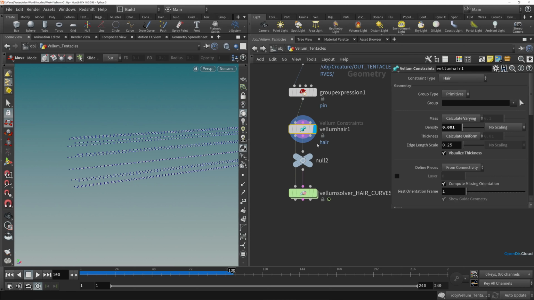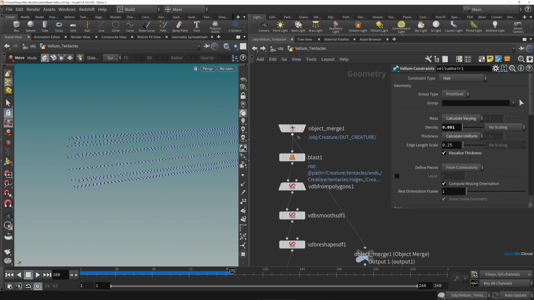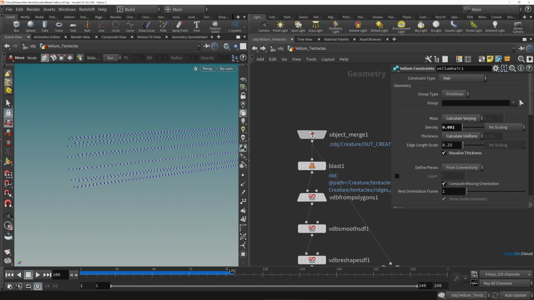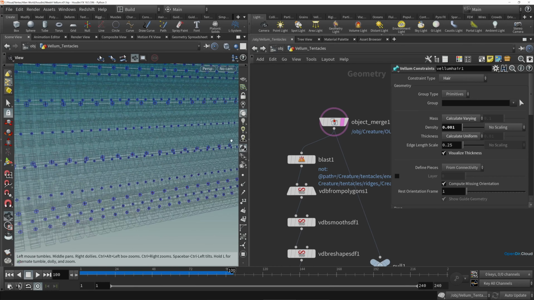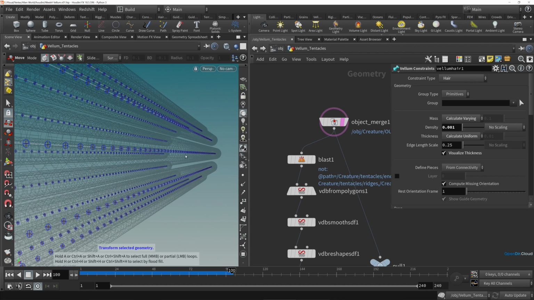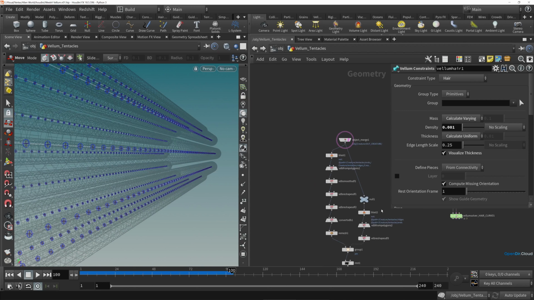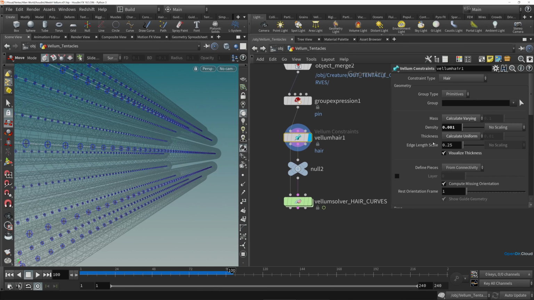Then in order to set the correct thickness for these curves, let's template display the creature that we've already object merged in for the cloth and soft body simulation. If you look at the collision thickness that these curves are using, you can see that's much more narrow than the tentacles actually are. So if you line this up so we can get a good look at the collision thickness of these curves relative to the tentacles, and then go back to our Vellum hair SOP, we can